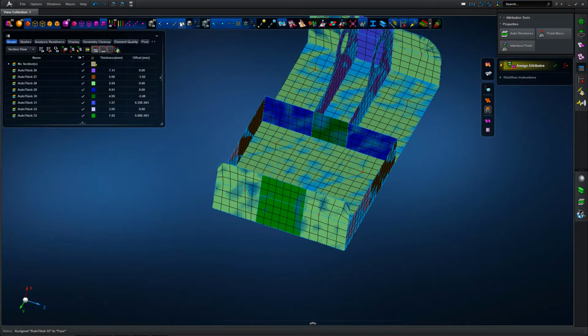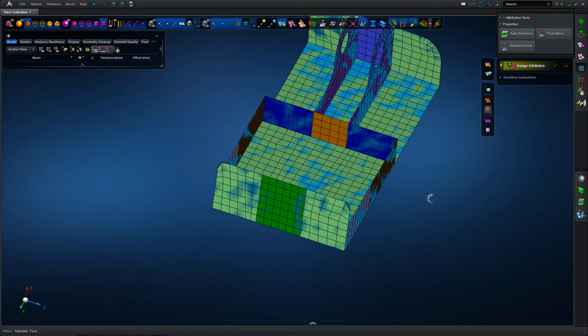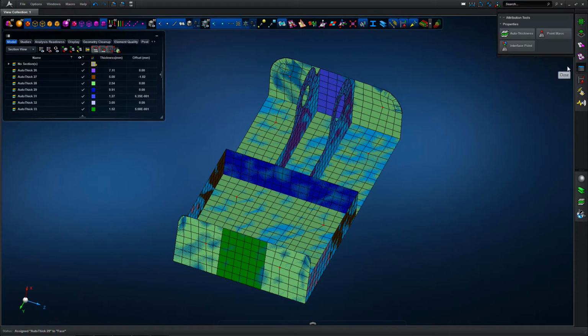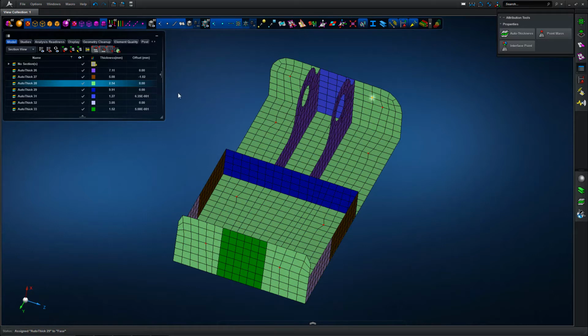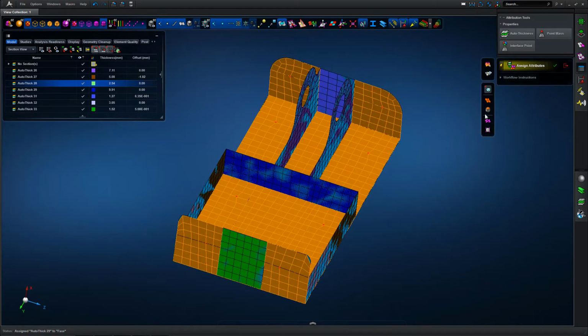Some of the local fillets from the underlying CAD can influence the resultant properties, but we've got means of going in either on an automated or manual approach to update those property definitions. So we can see working our way through the model, and again we've got the top part of the bracket. We're just going to reassign some of the local shell properties for a given surface that hasn't quite picked up